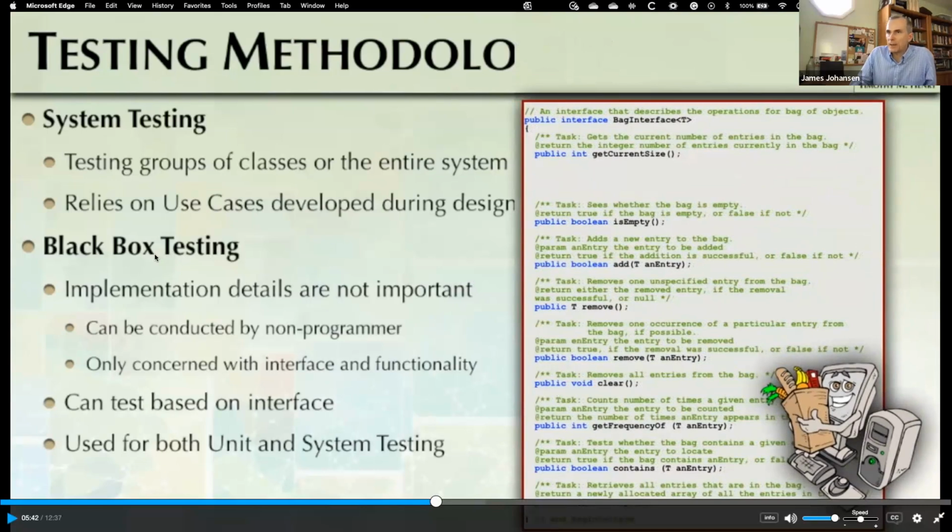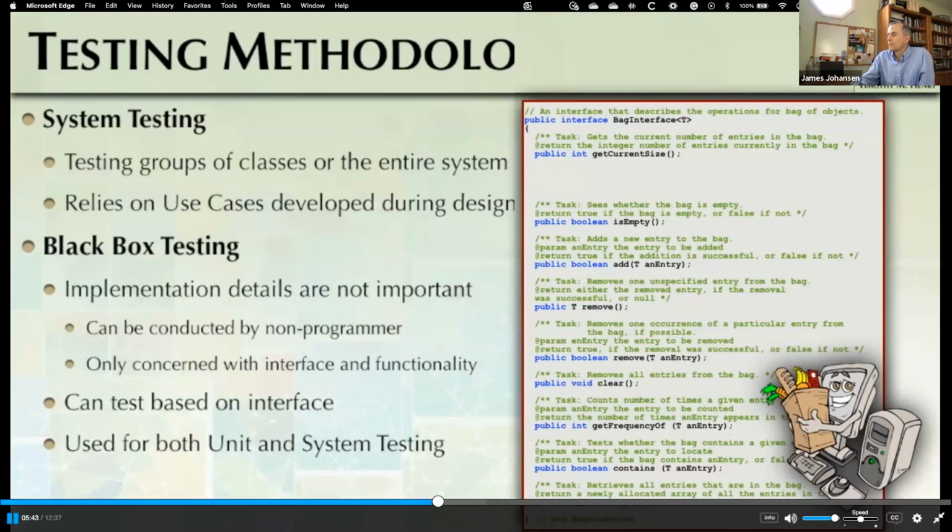Okay, so black box testing, we know what the interface is. And so when we call a method, we know what should happen. Are we supposed to get something back? Do we get something added to an array? These are the kind of things that we would test. The implementation comes later. Am I using a bag or an array or a linked list? Am I using iteration or recursion? We'll be talking about those things as we move forward. Those are the next step. What kind of algorithm are we using if we're going to be doing sorting or searching? Those are some things that come later.